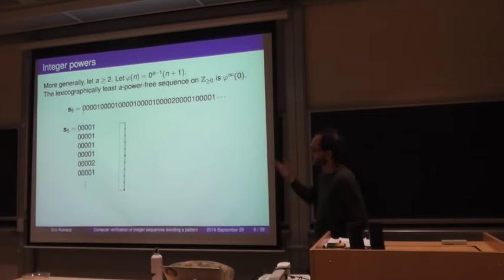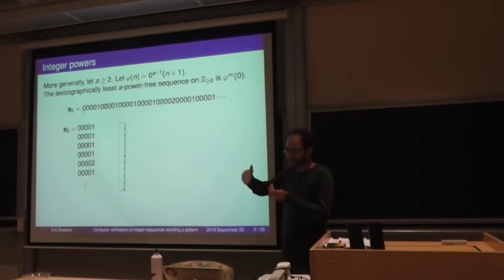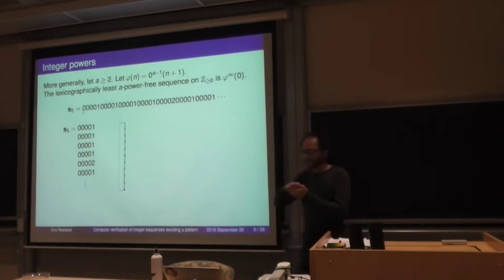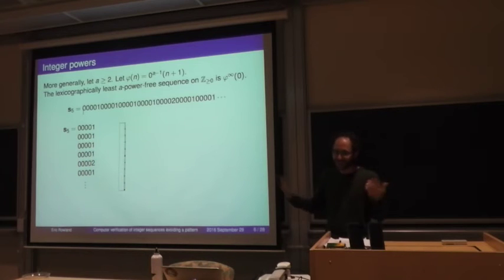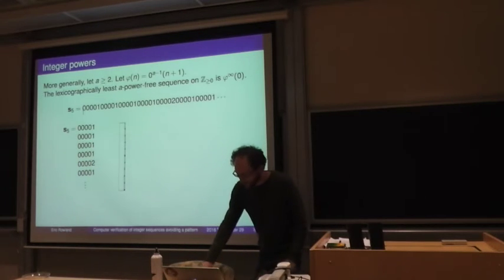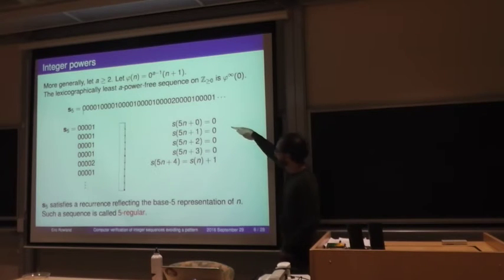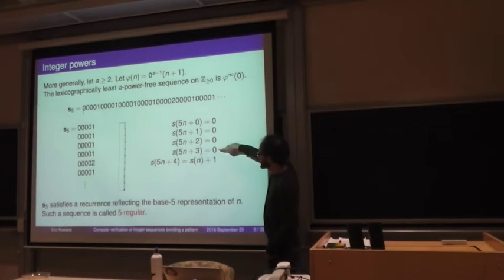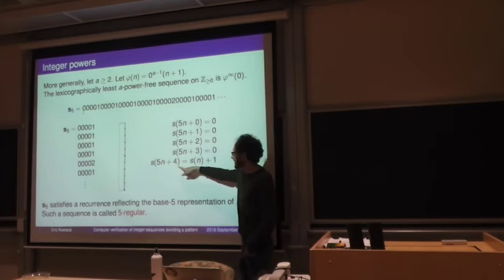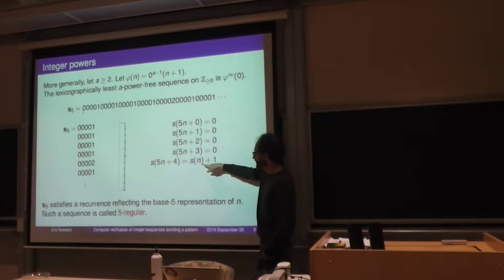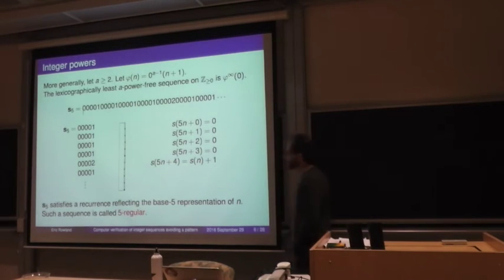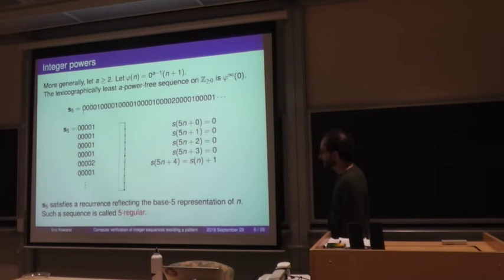Right? Which makes sense if you think about it in terms of divisibility by 5. If you take every multiple of 5 and divide them by 5, then you'll get the original sequence of integers back. So here's a recurrence for this sequence. We have 4 columns of zeros, and then this last column is a term in the original sequence incremented by 1.